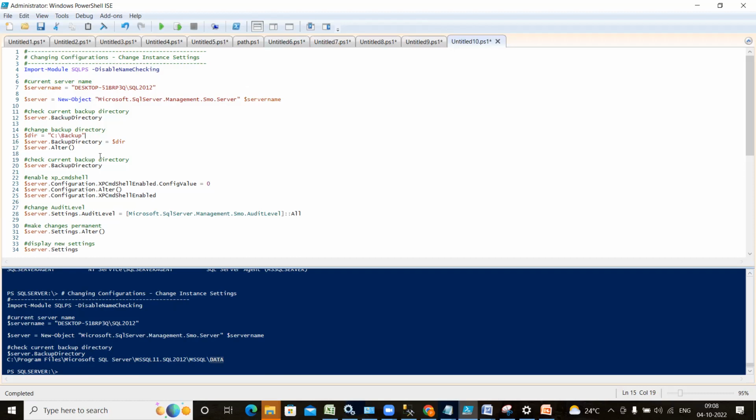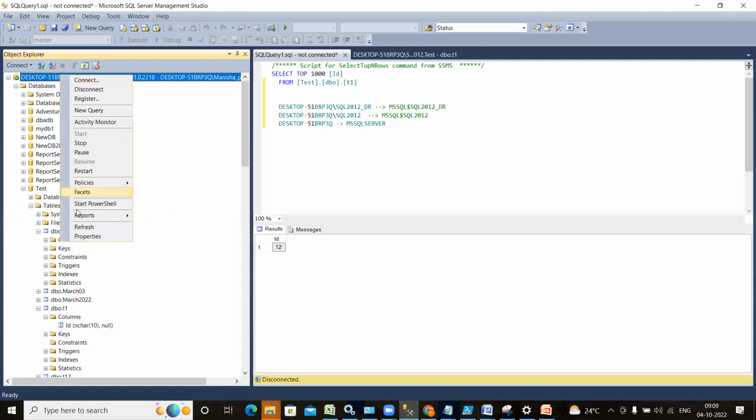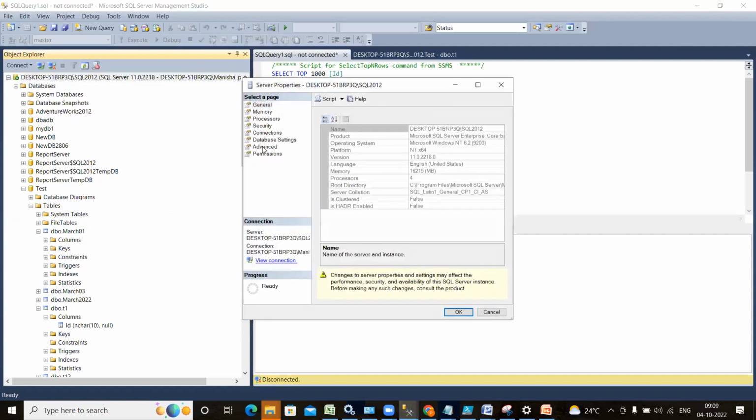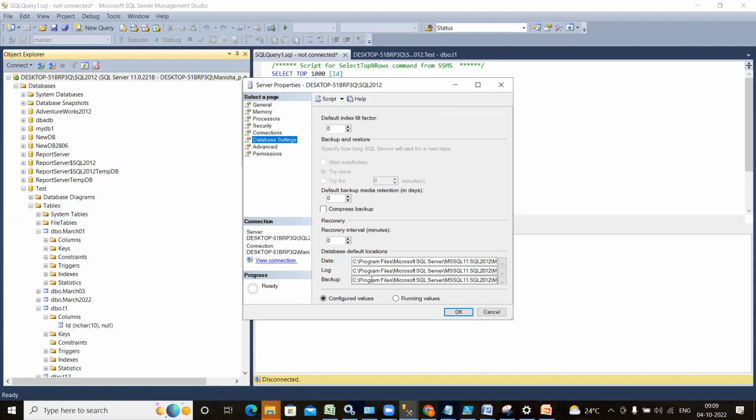Right? So here what is going to happen: in this variable I am saving this value, and after that I have written $server.BackupDirectory is equal to this one. You know that whenever I was running this, it was giving this one. This time your new directory is going to be saved into this. And after that you have to run $server.Alter. If you are running this, your server-level, database-level property, your backup-level property is going to change. Now you can see the backup,